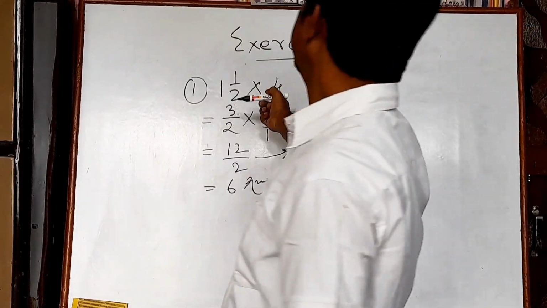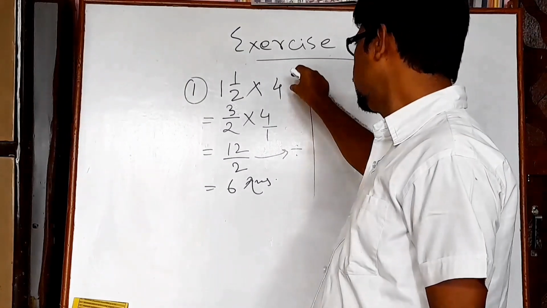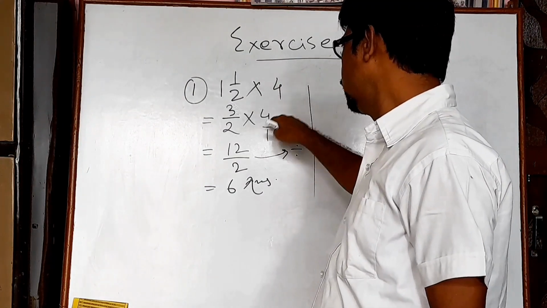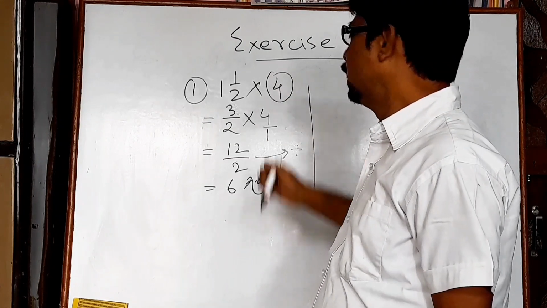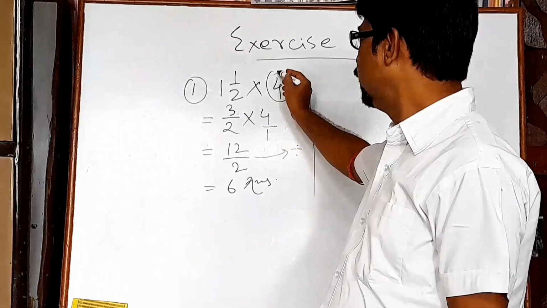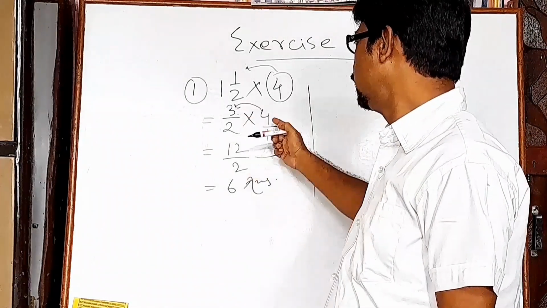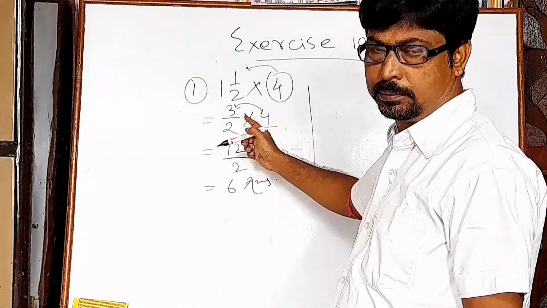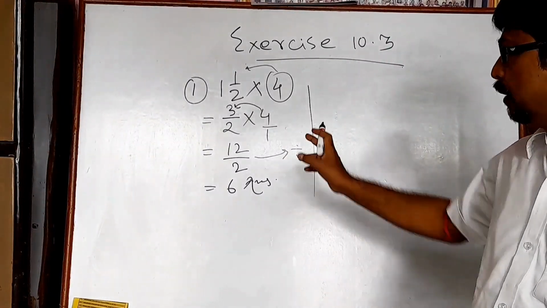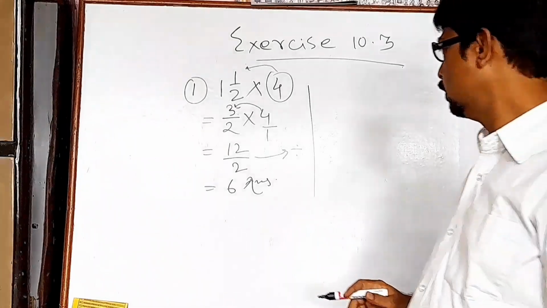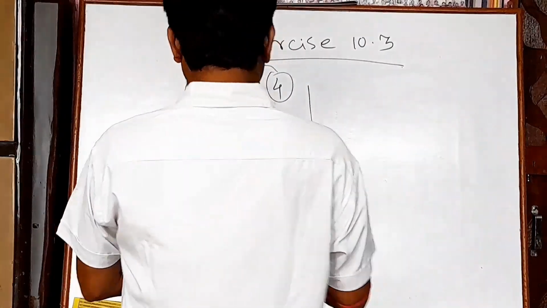Always multiply means multiply with the numerator. So when there is an integer, a whole number, when there is no fraction, a single number, remember that will be multiplied with the numerator only. Multiplied with the numerator, not with the denominator. Remember that. Every time we shall multiply with the numerator only. Okay, now see. Next question,